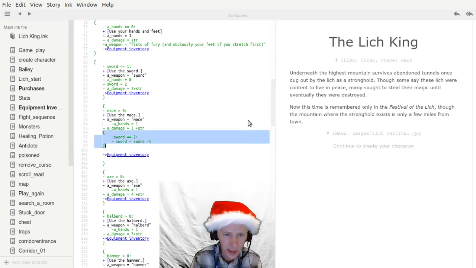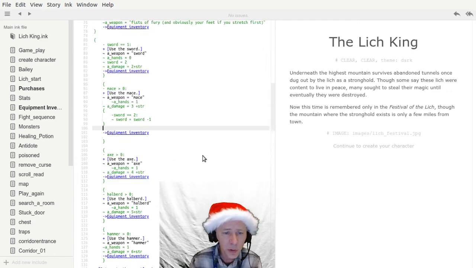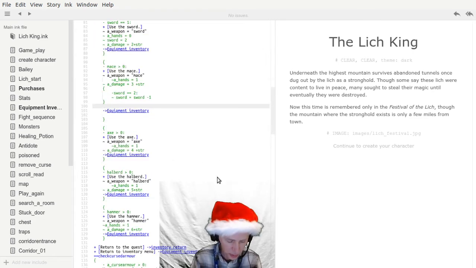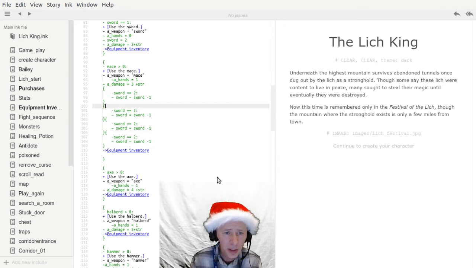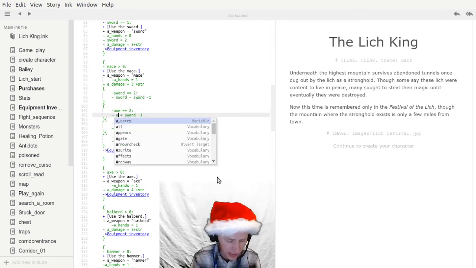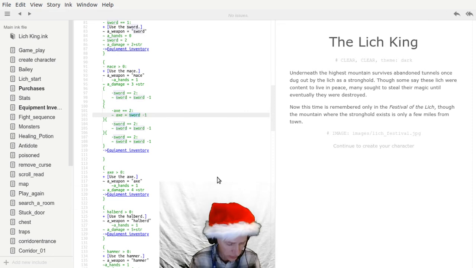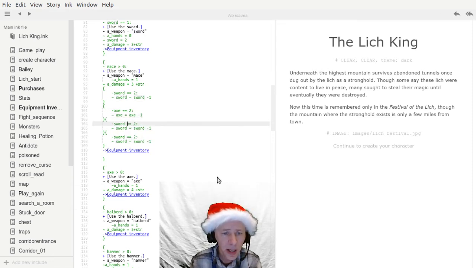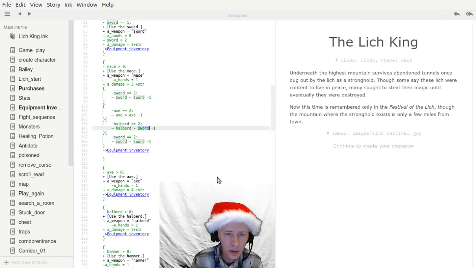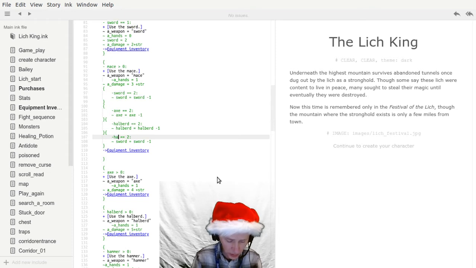So just because it's almost exactly the same thing, I'm actually going to copy it. I need to do it for axe, halberd, and hammer. So axe, halberd, and hammer. And then I just copied and pasted that. So let's go axe. If axe is equal to 2, then axe is equal to axe minus 1. And then I'm going to say if halberd is equal to 2, then halberd is equal to halberd minus 1. And if hammer,